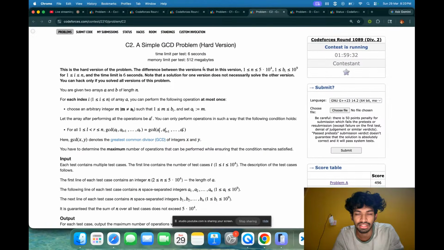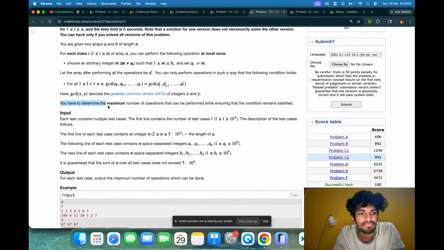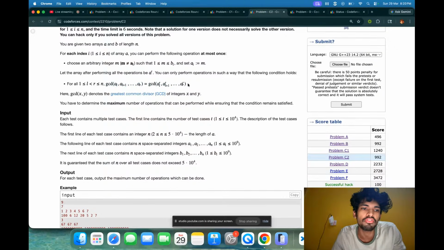Here time limit is 6 seconds. Here time limit is just 2 seconds. You have to determine the maximum number of operations that can be performed while ensuring the condition remains satisfied. So GCDs of all of them should be equal. It seems that seems something sus, right? GCDs of all. It seems